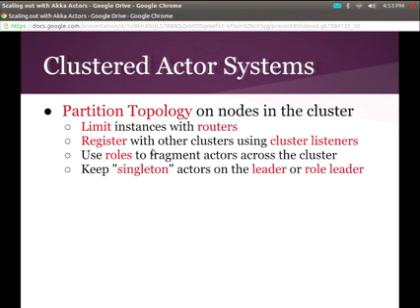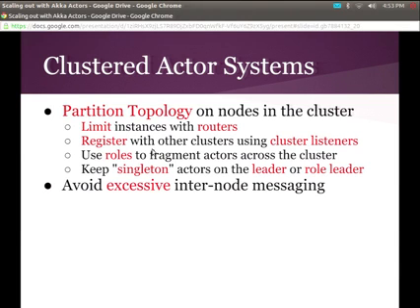The role leader is just within a set of nodes with a role. He's the leader for them. But it's the same concept that we saw before. There's role leader election that happens at the same time as leader election. All right, so this is how we partition our topology, taking the actor graph and splitting it apart. These are the tools that we have right now in Akka 2.2.